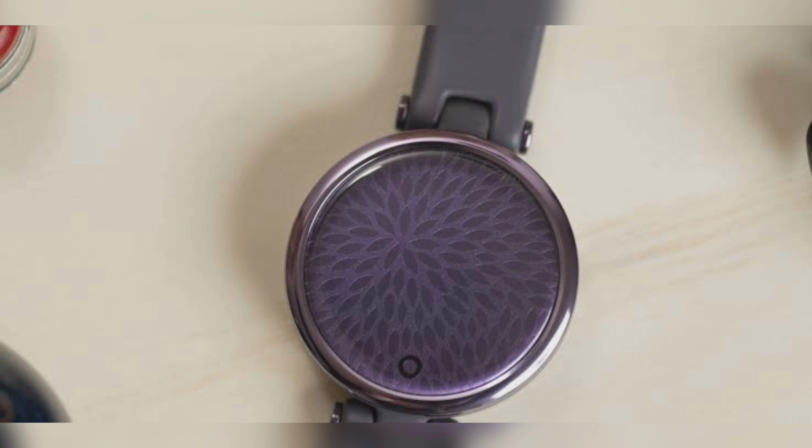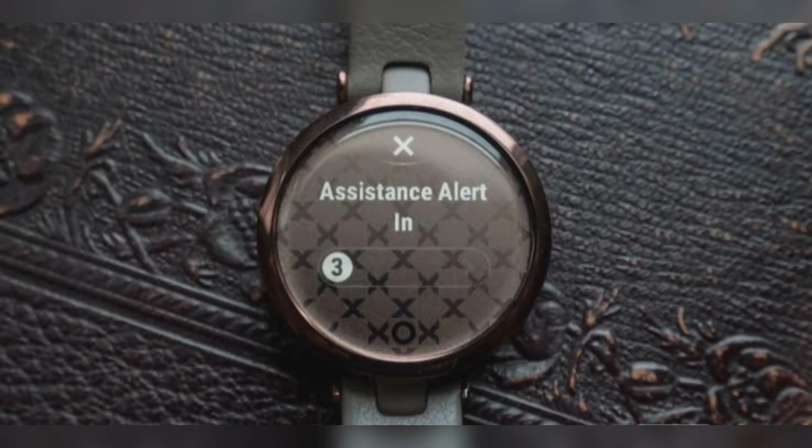The Garmin Lily smartwatch is available now in both its Classic and Sport models. The Lily Classic retails for $249, while the Lily Sport can be had for just